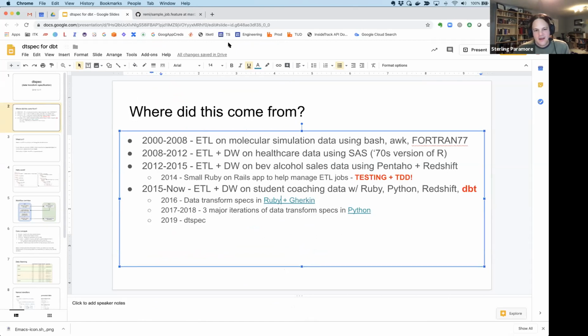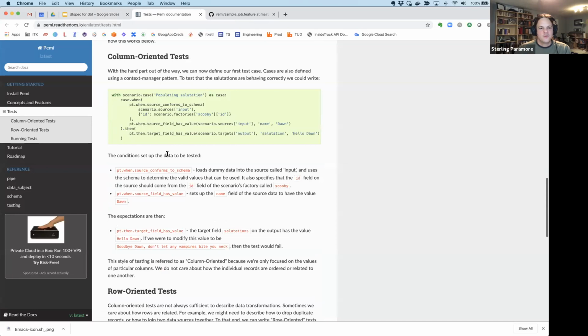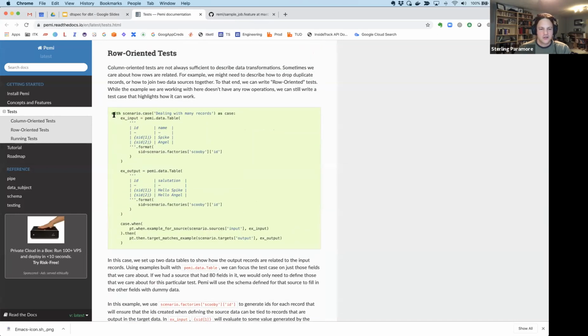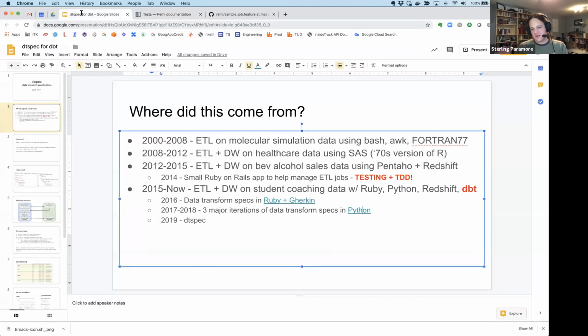So we moved over to Python, and then tried to take a lot of these testing principles that I learned from Ruby and Gherkin into Python, got rid of Gherkin and started writing everything in Python. And at the end of that, we could write data transformation tests where you write Python code and you set up, here's my example table input, and my example table output would look like this. And when you have this input, then you're expecting this output. But it's all written in Python. You could do lots of really cool things in Python to make these tests parameterizable and reusable and all that.